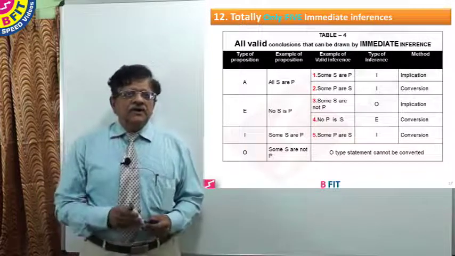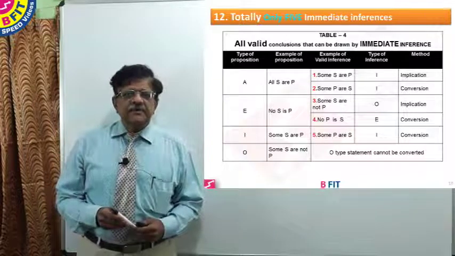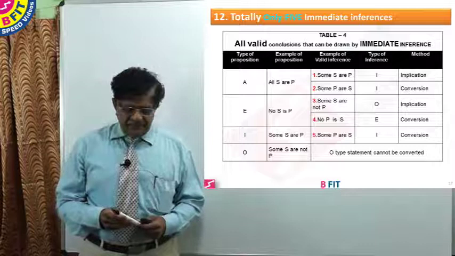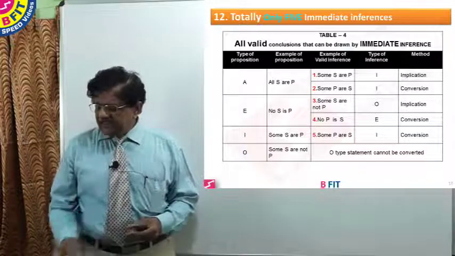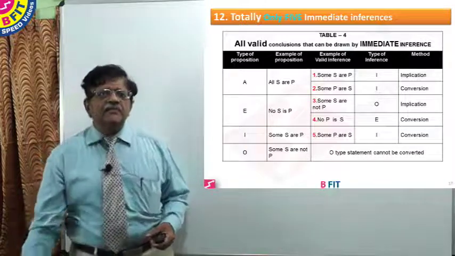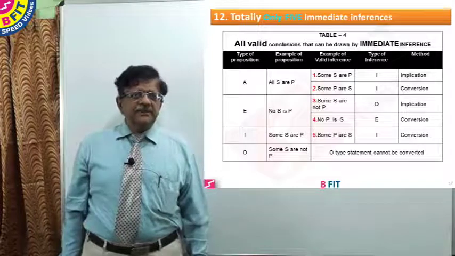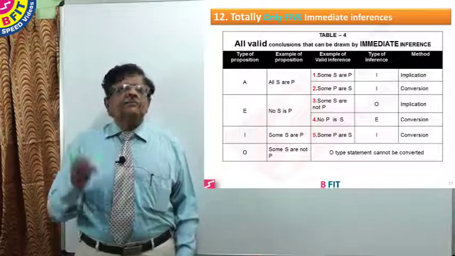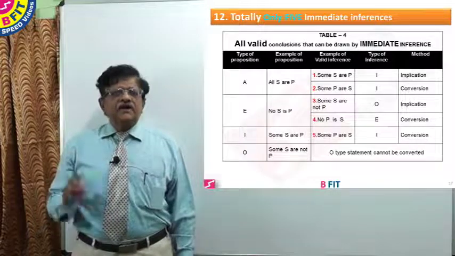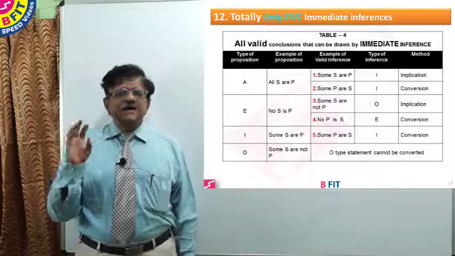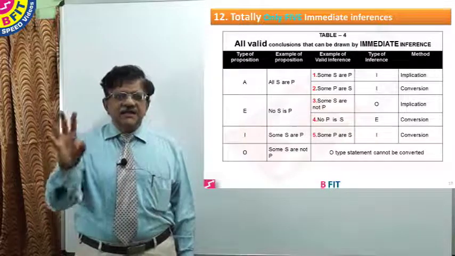Now let us go into the table. First is the A-type statement, all S are P. Now you should understand, earlier when we started this class I said all tables are monkeys, some monkeys are donkeys, like that the problems are given in the examination. People should not take the literal meaning of table or monkey and all. What you should understand is, when the examiner says all tables are monkeys, the examiner is telling you